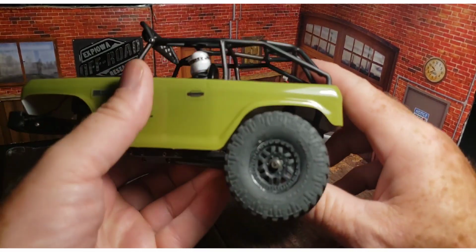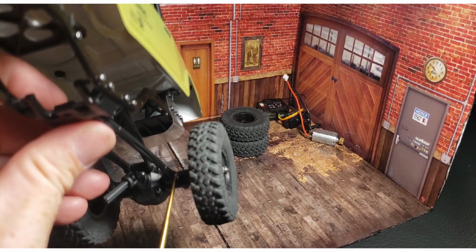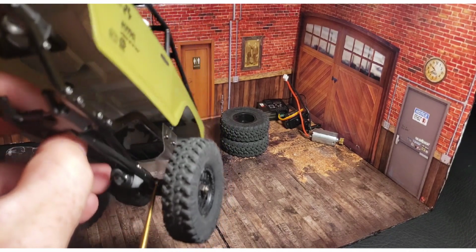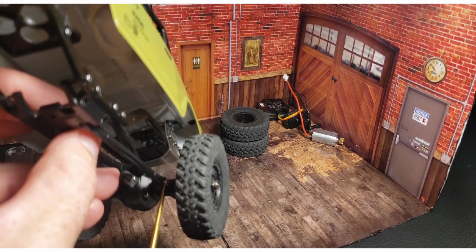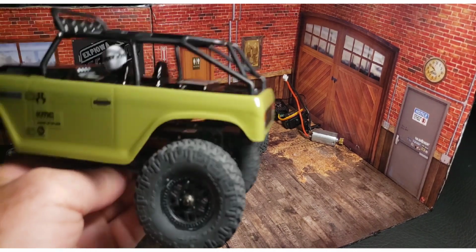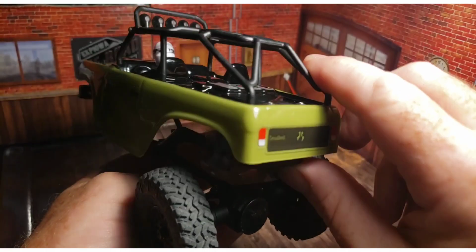So what I will do is I'll take a string and make a limiting strap, and I might just do it with a piece of plastic too. But I'll use a string. That'll be just easy. And I'll tie it to this point here and run it up to the screw up here. And that will limit the amount of pivot this body has on that rear axle,